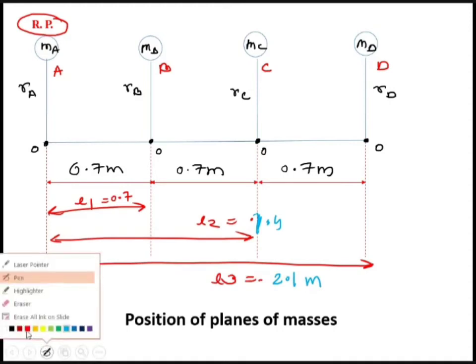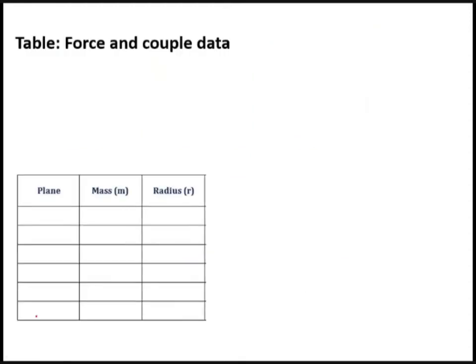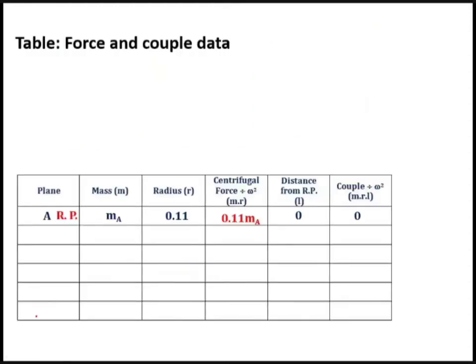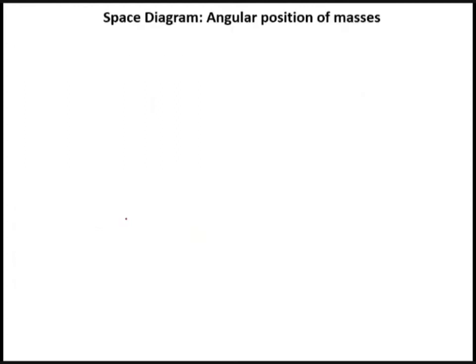Okay, so now just put all the data here. The reference plane is 0, so the couple is 0. Now you can see that the first mass itself is considered the reference plane, so you will not get a negative couple. Instead of getting a negative couple, you are getting a 0 couple. Okay. Next is mass B. Put all the data for mass B, mass M is equal to 12. In this way, put all the data here.